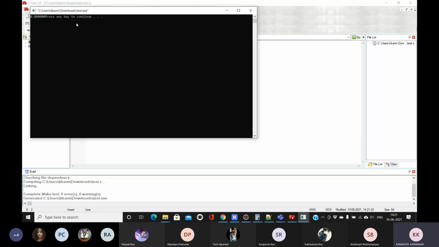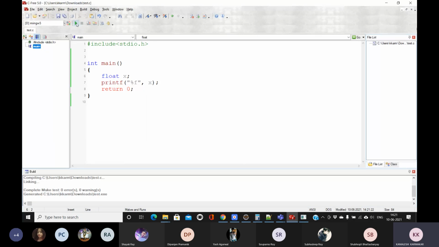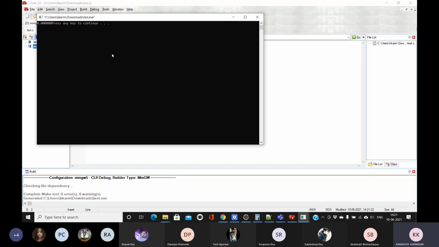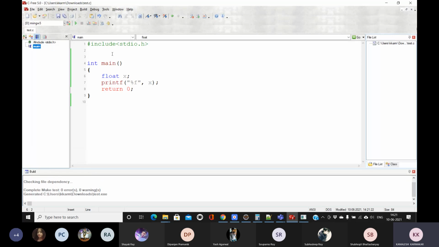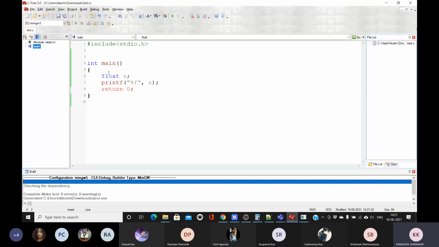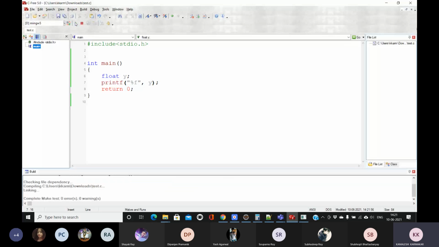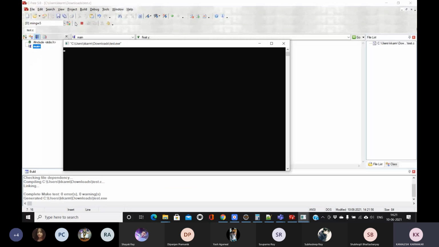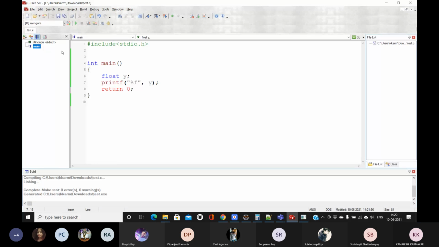Now, in case of a local float variable, it is printing 0, but it may not be 0 always. In this case, it can be garbage.